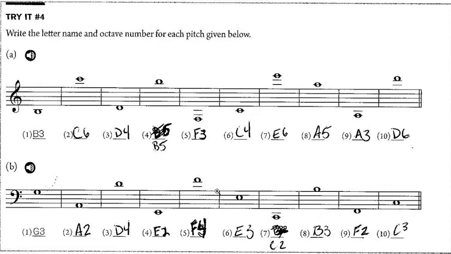Here's a quick explanation about how the octave identification system works. Notice that we're looking at TryIt number 4 with both the treble clef and the bass clef. There are deeper reasons behind why these numbers are as they are, but just to memorize it by rote is fine. So you can memorize that middle C is called C4, and therefore the next D up from middle